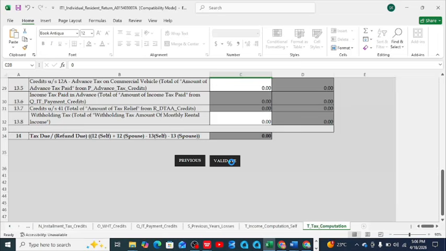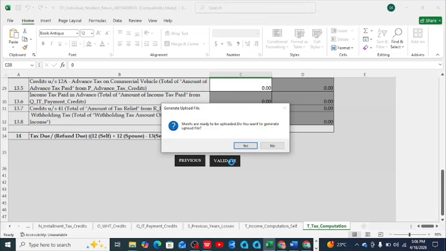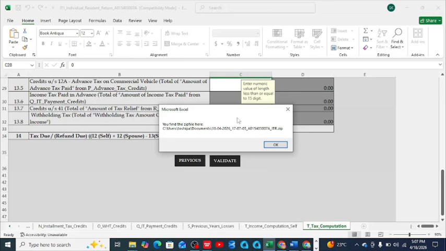So let us give time to download the sheet and to generate now the ITR sheet which we can upload. As we are waiting for the sheet to download, kindly, in case you have any query regarding income tax, feel free to ask me using my contact in the description, and also using our email, which is also in the description. So I just click yes, and after doing that, you need to be curious and you need to be skeptical on